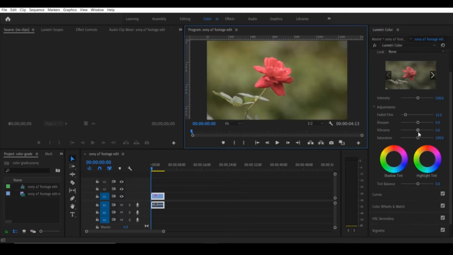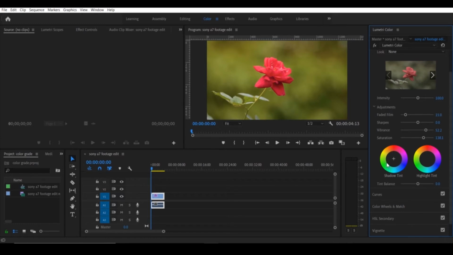Okay, so what is vibrance? Now when I increase the vibrance, you can see that more colors are added in this video. Like if I decrease it, then you can see the same black and white scenario that occurred. But if I increase it, that means more color was added. So why I told you to increase the saturation that much in the previous basic correction tools is because we are going to increase saturation in this one. Okay, so I'm going to increase a little bit more saturation. Okay, this one is perfect. So we are going to increase this much saturation.